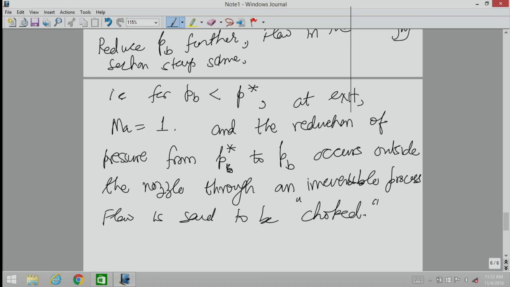So there are two things we'll look at in the next class, the converging diverging duct. But before that, another phenomenon happens. Choking is one thing which happens. The second thing which we come across is the phenomenon of shocks. So first we will study shocks because they happen in a converging diverging duct. And then we will study flow in a